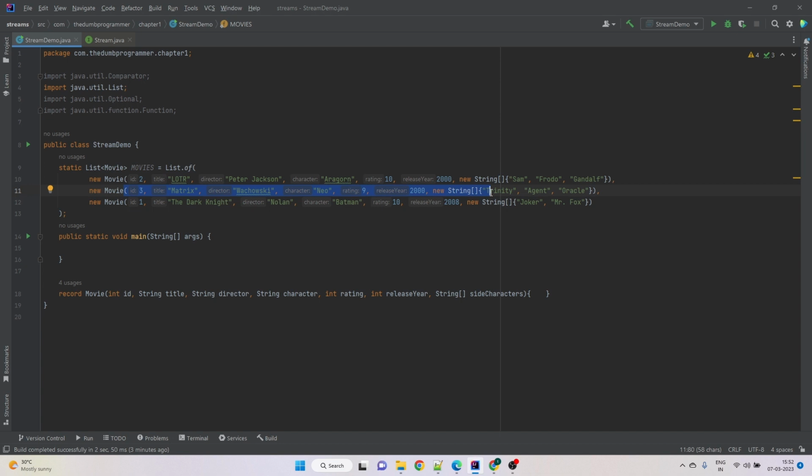So further, there are 2 ways to ask this question. We can say that find any movie with the release year 2000 or find me the first movie that you encounter with the release year 2000. So there are 2 situations, find any or find first, and stream supports both of them. So we'll try both the methods and we'll see how they are different and when can we prefer one over another. So we'll start with the first one,